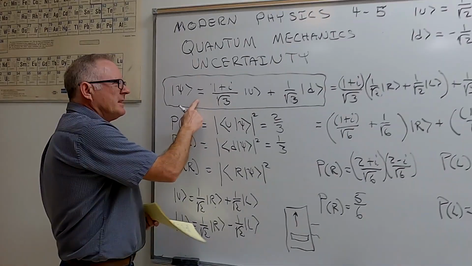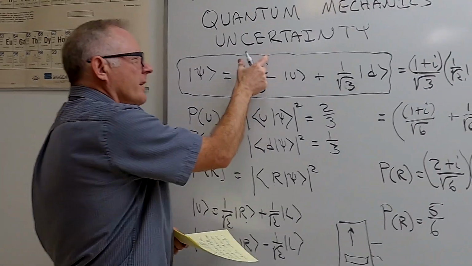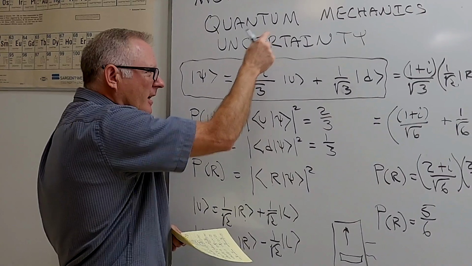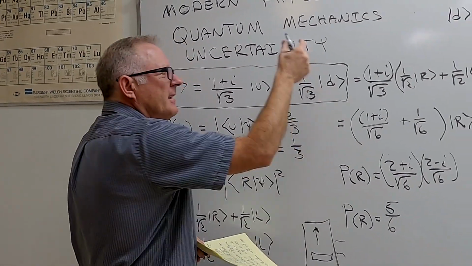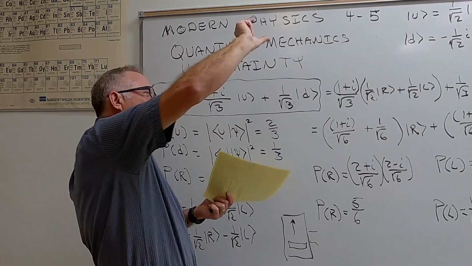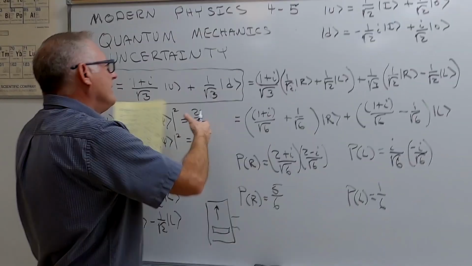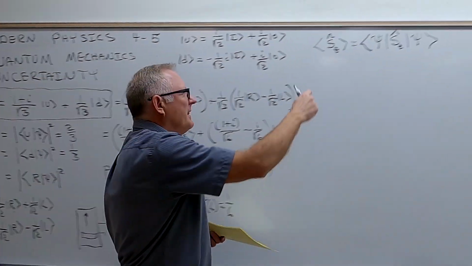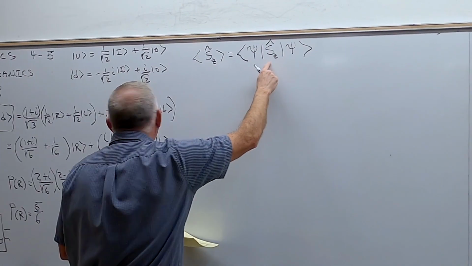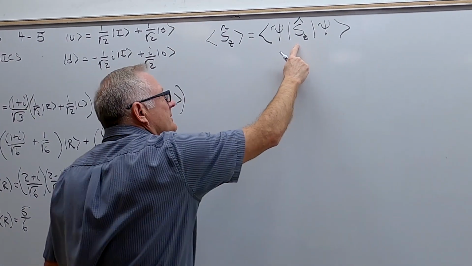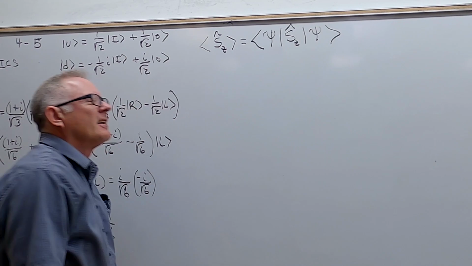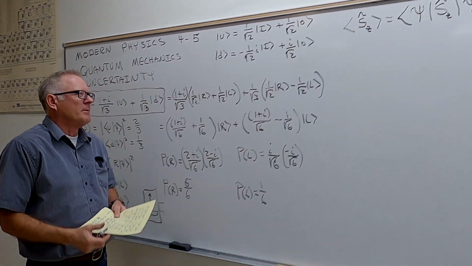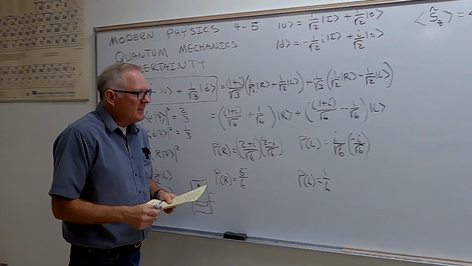We could have turned this into a column, with this on top and this underneath it, and then turned it into the dual, a row, taking the complex conjugate. We could have put the matrix we had for S sub Z in there, and worked it all out with the column. But it's a little easier